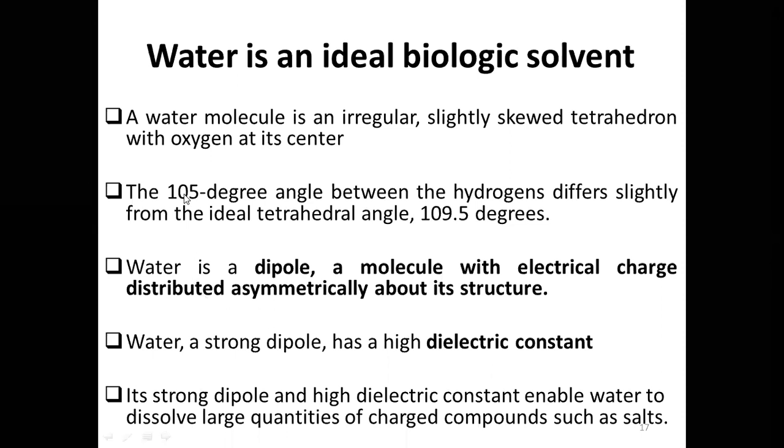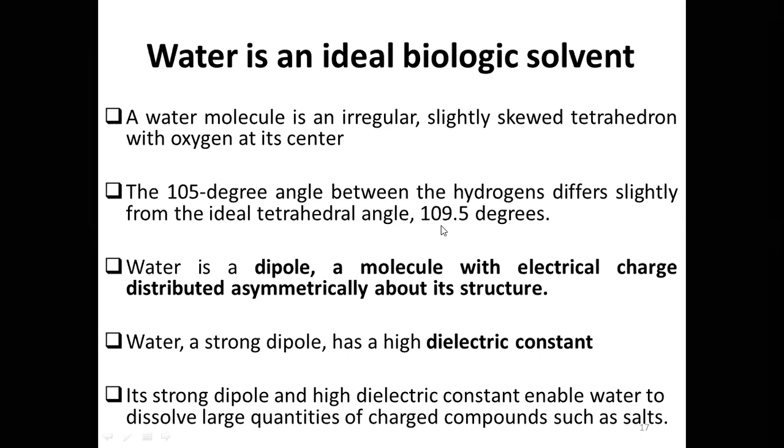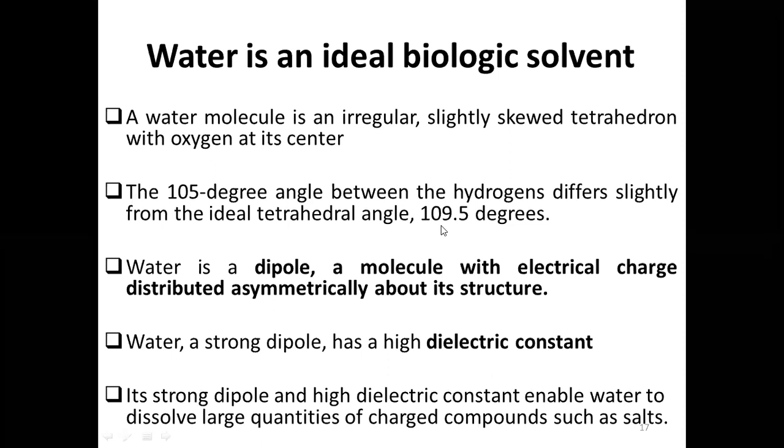Sometimes we round that up to 105 degrees. This deviates from the normal tetrahedral angle, which is expected of all tetrahedrons, which have a bond angle of about 109.5 degrees. If you round this up, you get about 110 degrees. So that 5 degree difference in bond angle has life-saving